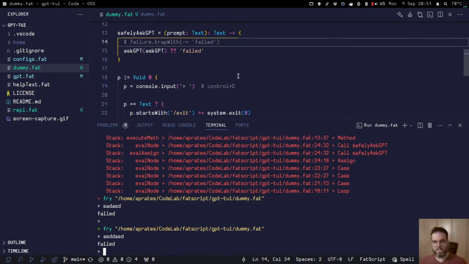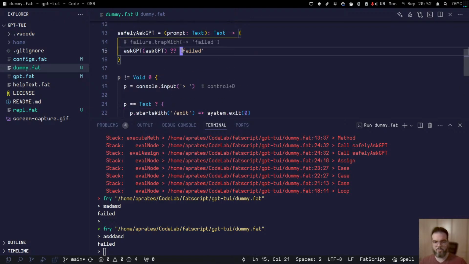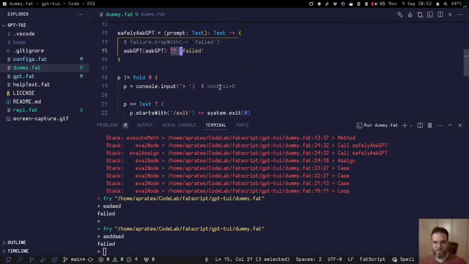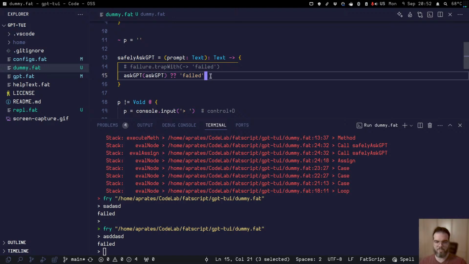So here it actually does work the same, but inside, I think the problem here is because we have this casing system. It actually jumps out of the casing, and then you can't really return this, because of how it's implemented, it can't really return. I still think it's a bug. I need to investigate more. But here, as you can see, you were able to ask GPT, and then if not, it just returns this